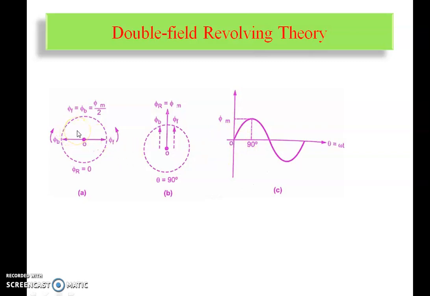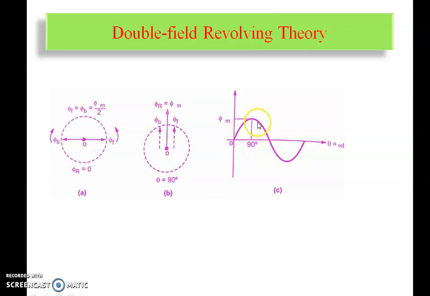Now here I assume that there are two components, phi f and phi b. As I know that both have the same value, so at the 0 instant phi f and phi b have the same value but exactly opposite directions. So suppose I'm adding phi f plus phi b, the resultant is nothing but 0, because this is positive and this is negative. The addition of these two quantities will cancel each other and my net resultant flux is 0. I call phi r, the resultant flux, equal to 0.